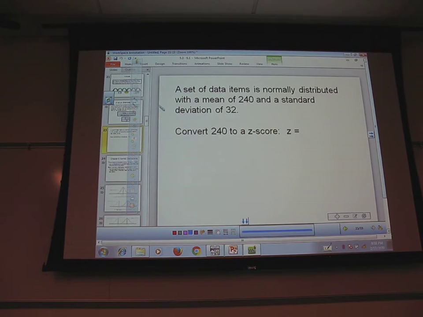Does anybody else not have chapter 6 notes? All right, so